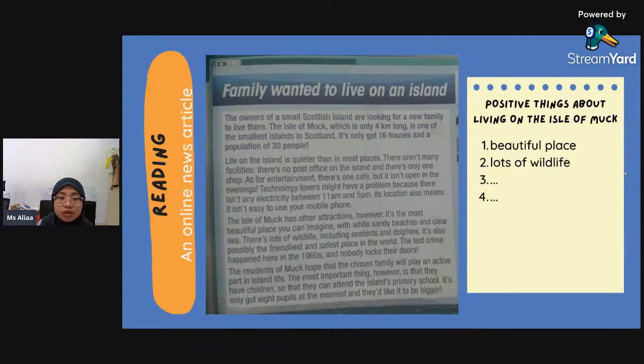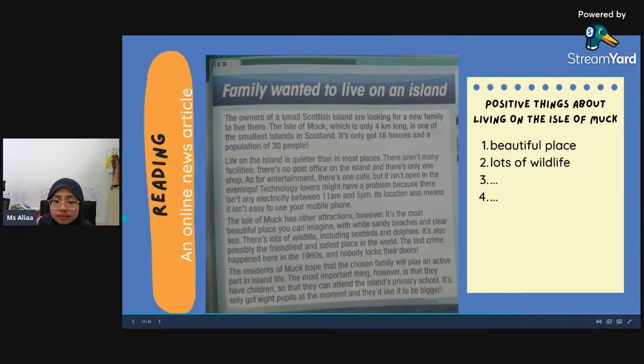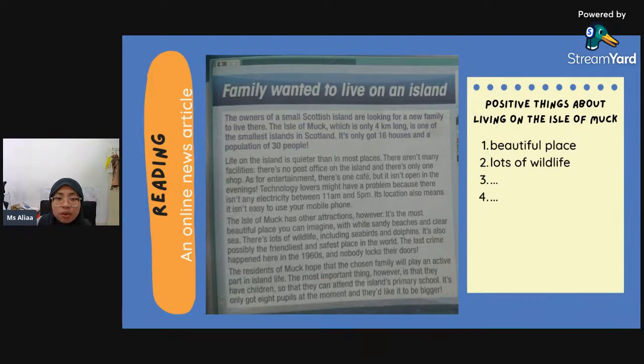Can you tell me the positive things about living on the Isle of Muck? Just write something in the live chat. So here is an example: beautiful place, lot of wildlife. So what else? There's a lot more, especially in this paragraph.